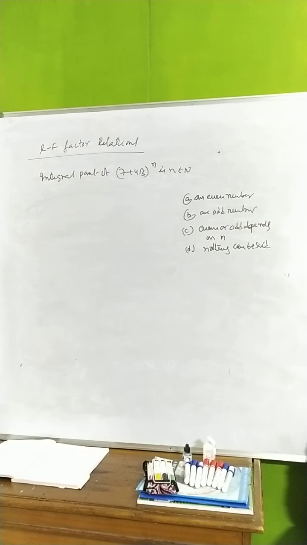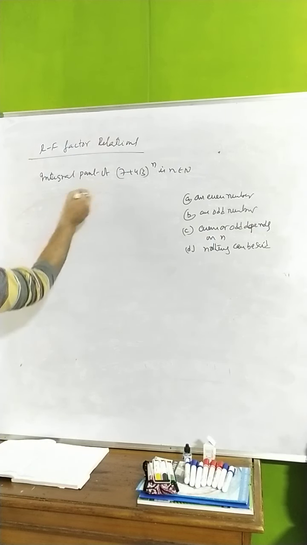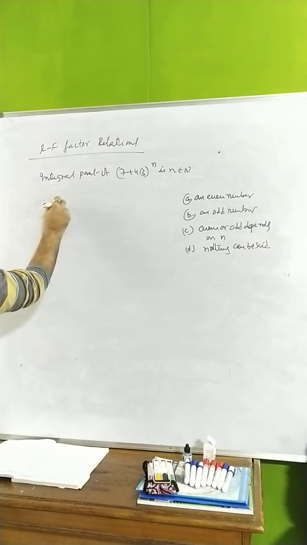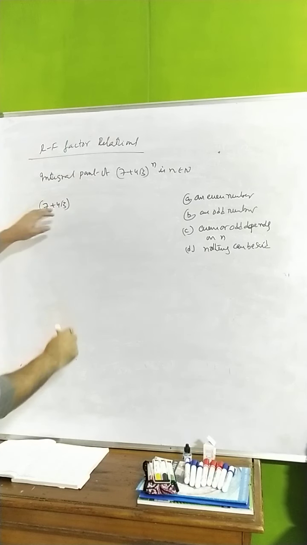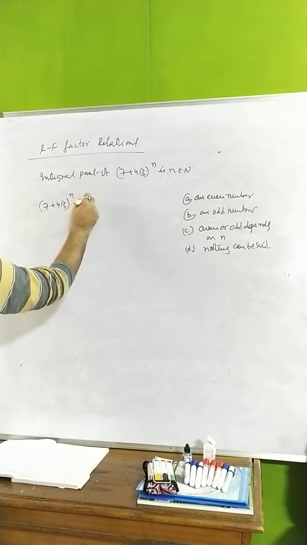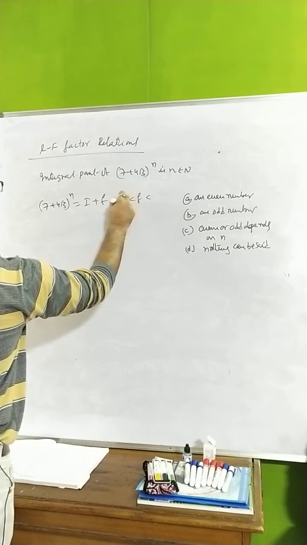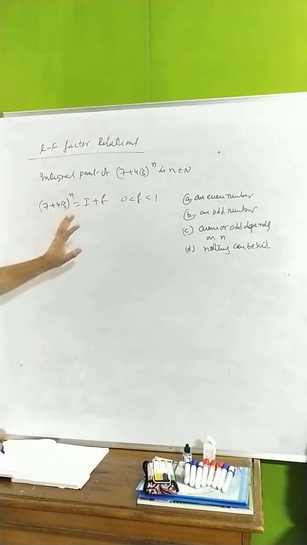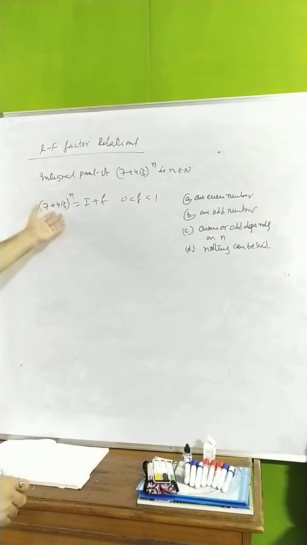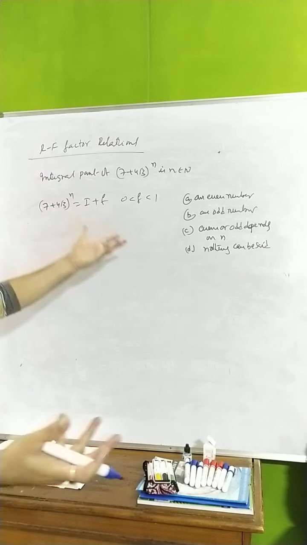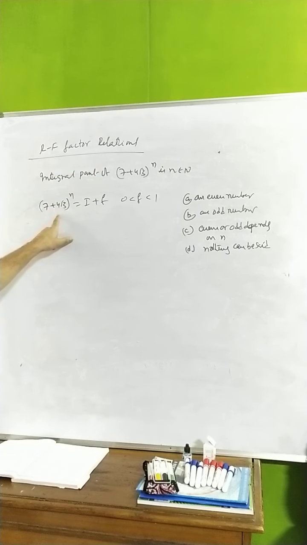So one more area I would like to discuss: the integral part is being asked. So how to handle this type of problem? You see here, 7 plus 4 root 3 whole to the power of n, you will get I plus some f, where that f lies between 0 and 1. It is confirmed, no doubt, because 7 is there. If it is an integer to the power of a natural number, we get an integer only, but here irrational numbers are there, so definitely we will get an integer plus some f.